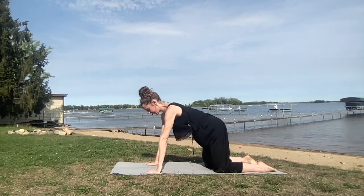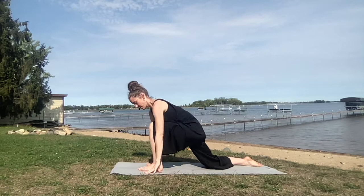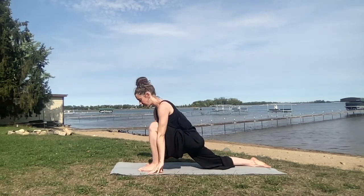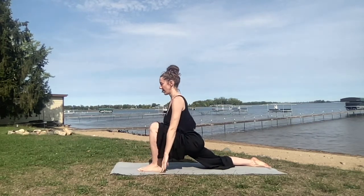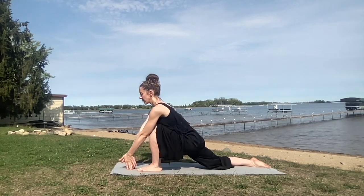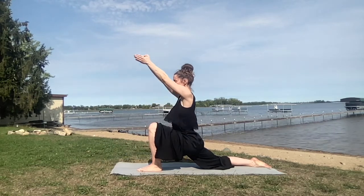And we'll take the other side, so stepping the left foot in between the right and the left hand. And again, you want that knee to be over the ankle. You could tent your fingers. If you have blocks or books, maybe prop your hands up on them. And as you inhale, press the palms together, wide arc in front of you, focusing the eyes, just holding for